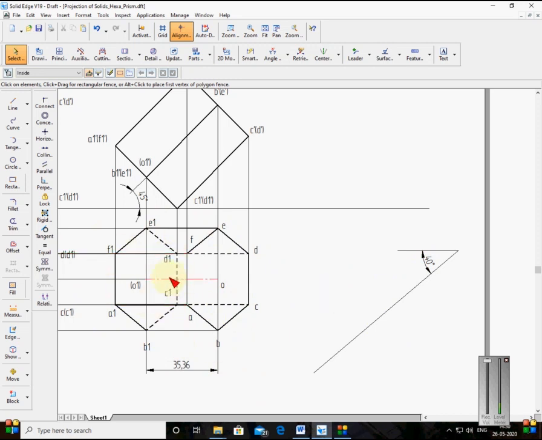So how to transfer? First I hold control, I select all the lines of this second position top view. See here, I am choosing all the lines including hidden lines, seen lines of the object. Now see, there is no line here, it is showing a continuous selection. That's why I will draw a line here, from here to here, and then draw a line here. Correct? This is the line.